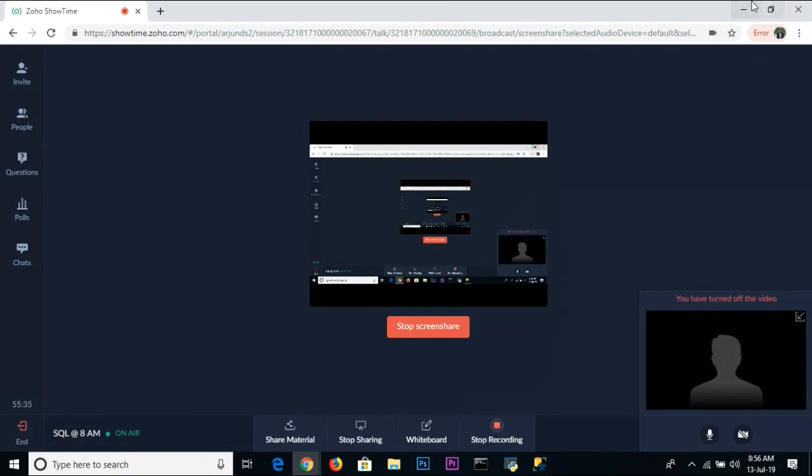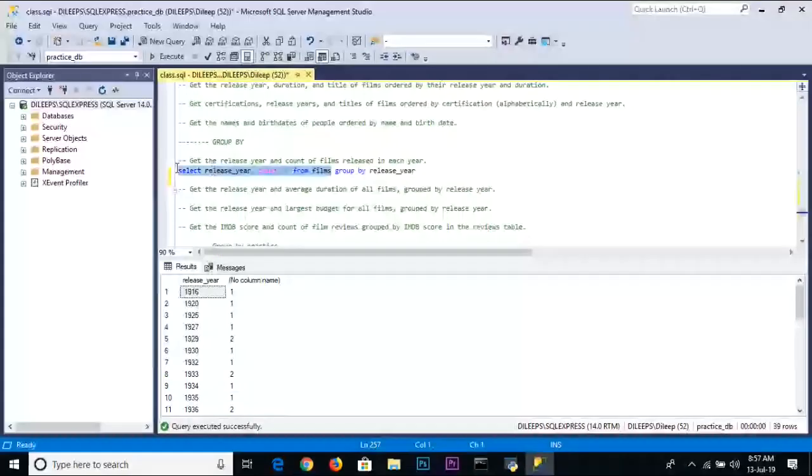Okay. So now we have GROUP BY, right? GROUP BY will always work with an aggregate function. If I say COUNT(*), think that there is no GROUP BY here. What will it give? It will give the release year. COUNT(*) means,